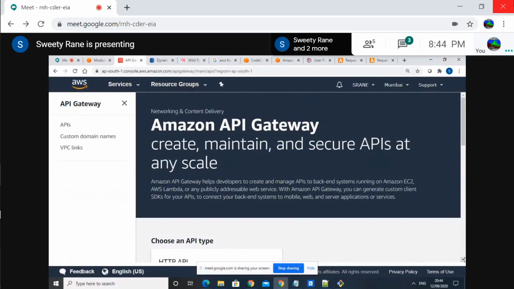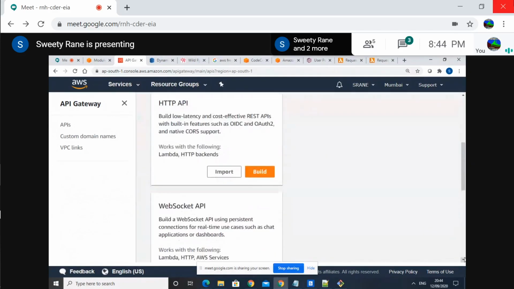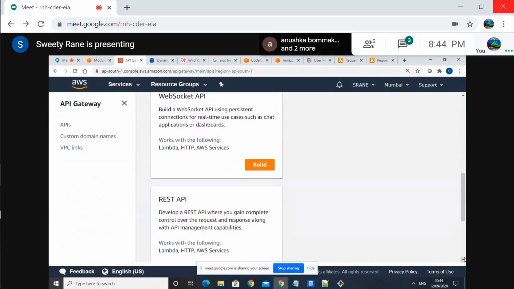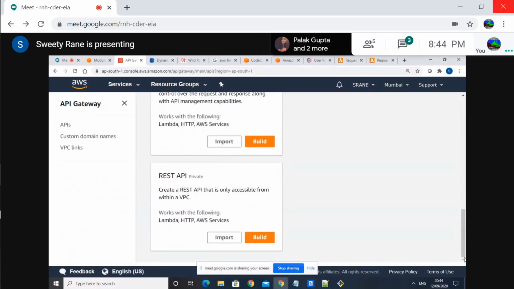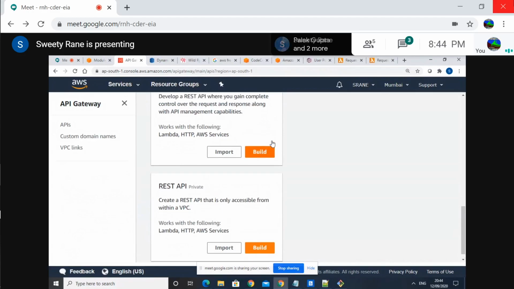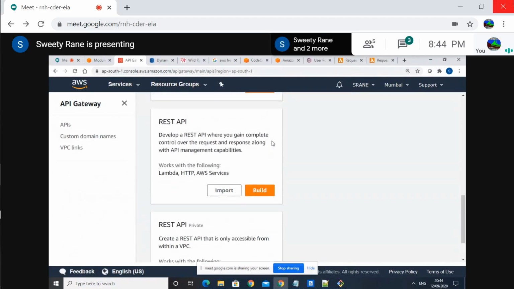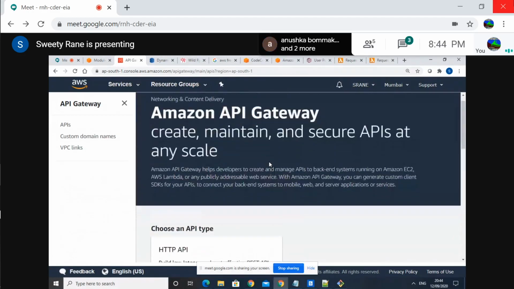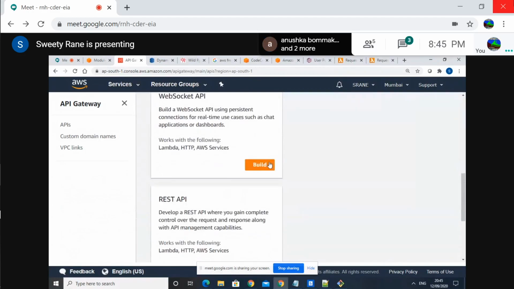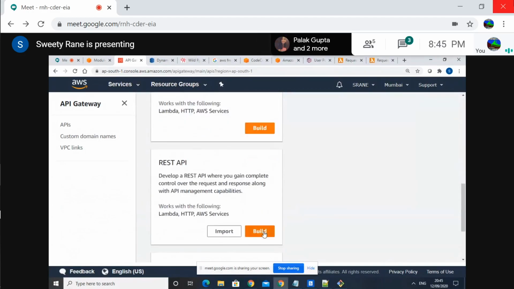I can't see. HTTP API, build WebSocket API, REST API. Okay, that is the one. REST API. Yeah, it has to be that one, I think. Develop a REST API. They didn't tell, no? Yeah, they missed this step. Okay, we'll click build.